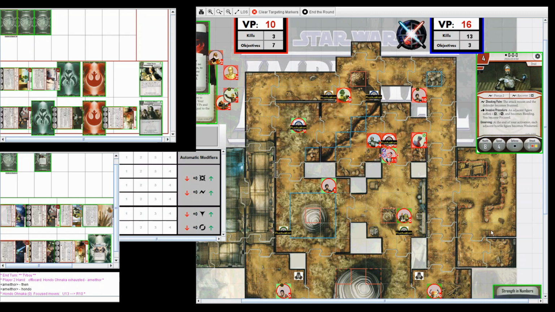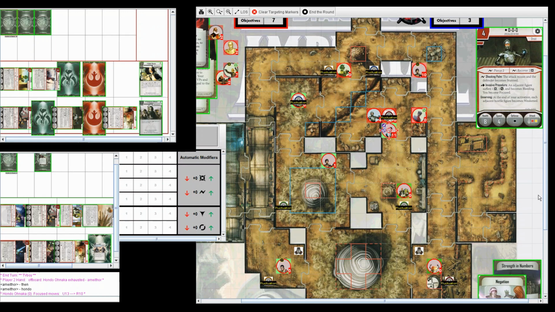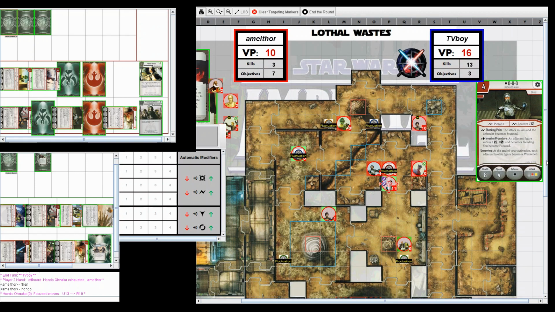But what would have happened there is, even if I paid victory points if he attacked Chopper, that would have been a 47% chance to kill Chopper. So I probably wouldn't have paid. He would have killed Chopper, gone up to, let's see, 13. Well, actually, let's go through this first. So